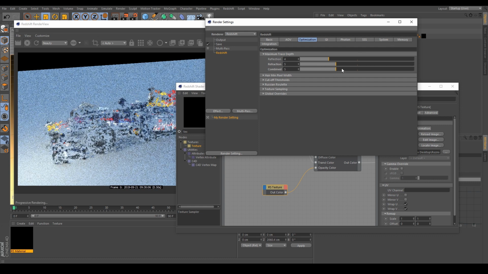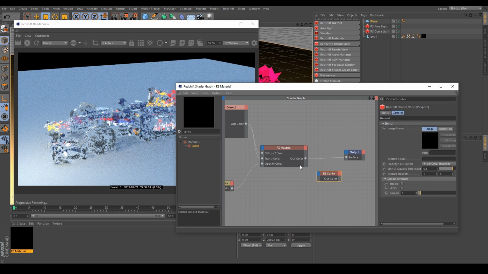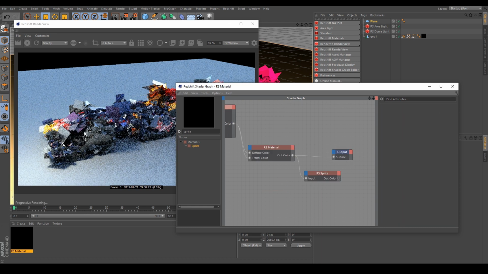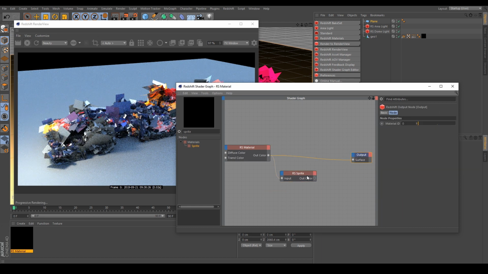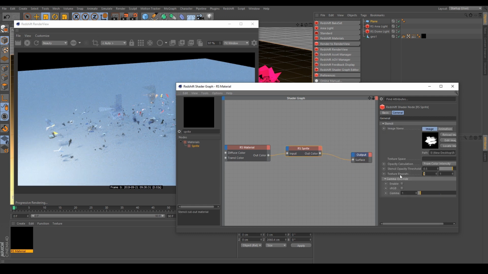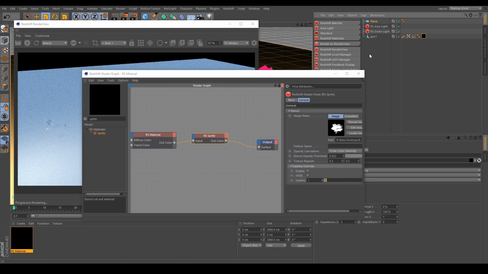And to fix this, we can just add in a sprite node. So this sprite node will work well when you have multiple stacks of geometry on top of each other. And we can copy the same image to the sprite, and I'll just delete that texture for the opacity channel. So right now our alpha is too big. So I'm just changing the texture repeat to 0.3. I've tested this before, so these are the settings that work well for me.